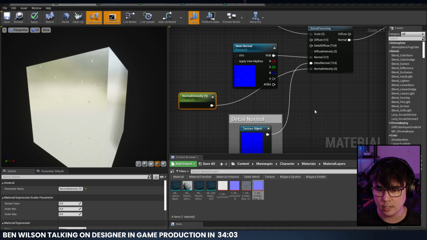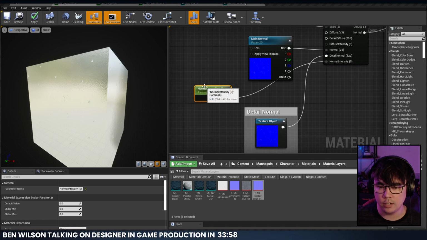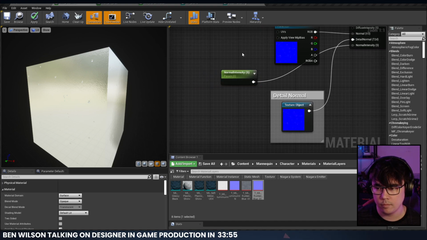Detail normal intensity. So instead of a 0 to 1 range or higher, you could